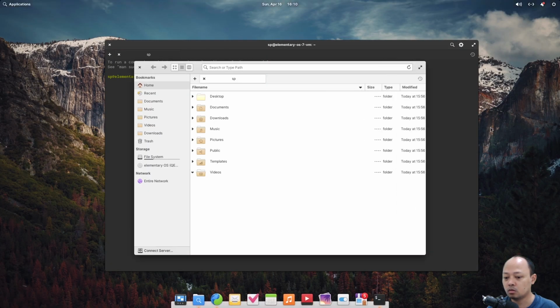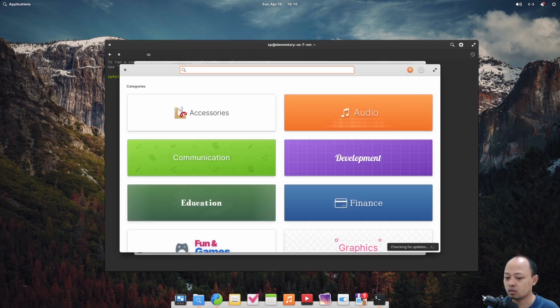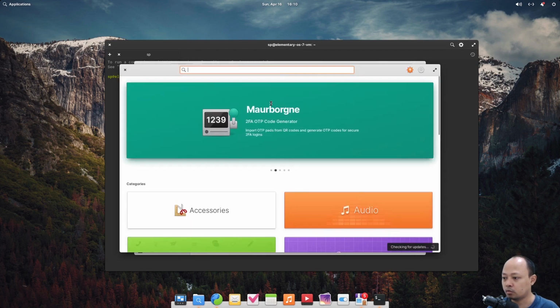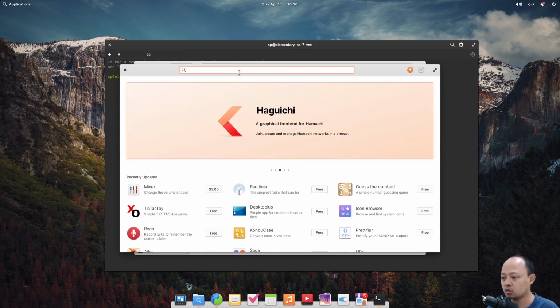Let's go to the App Center. It's so different if I compare it to Fedora Software Manager. I think this App Center only displays the applications that are curated by Elementary OS.